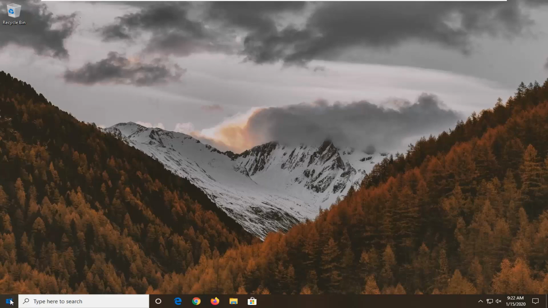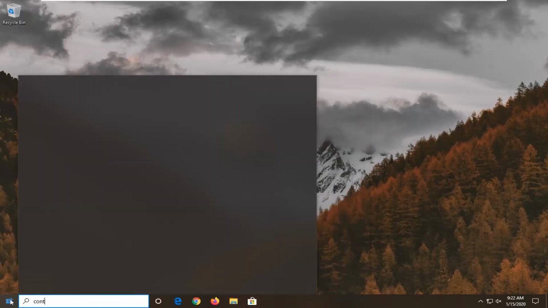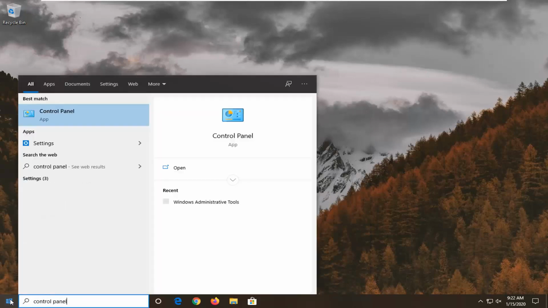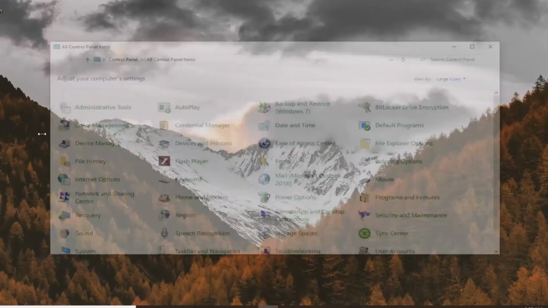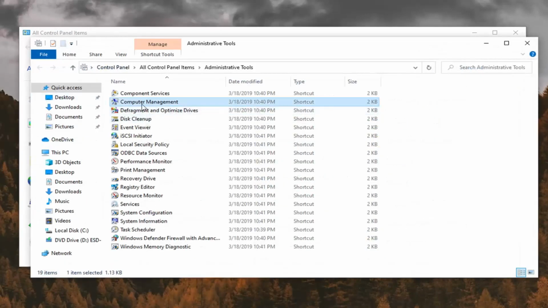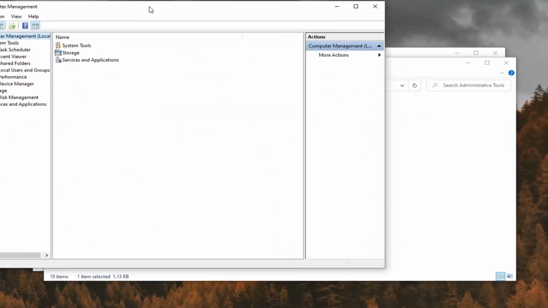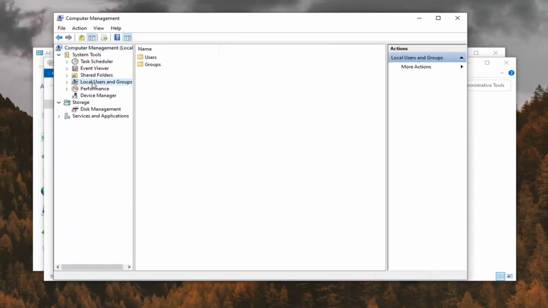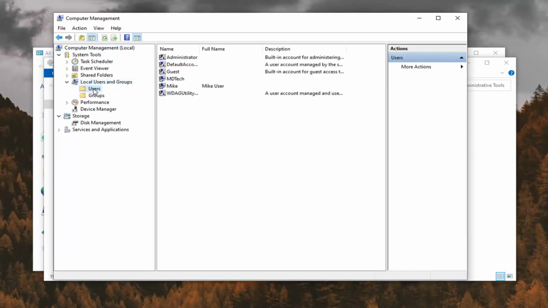So we're going to start by opening up the Start menu and typing in Control Panel. The best match should be Control Panel right above App, so go ahead and left click on that. Select View By and select the large icons, and then select Administrative Tools. You want to open up the Computer Management shortcut. Expand the Local Users and Groups section on the left side here, and then just left click on the Users